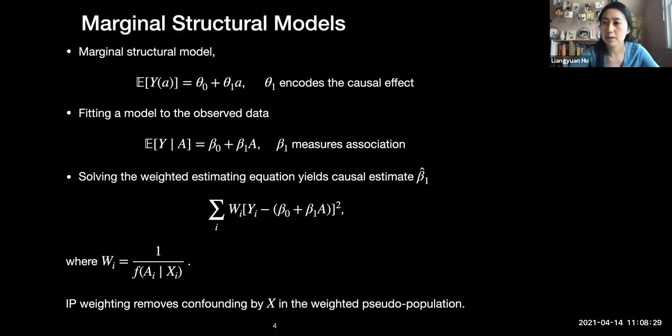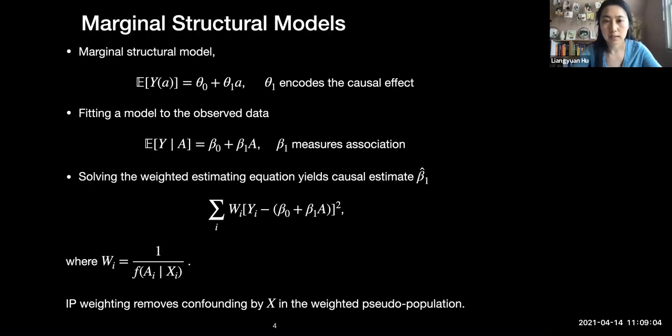And there are many methods out there, but today I'll be just focusing on the marginal structure models because it's relatively simple to implement and it has good statistical properties. And it's versatile enough to accommodate many complications associated with non-experimental data that I'll be talking about a little bit more later. So we can propose a marginal structure model that relates the potential outcome